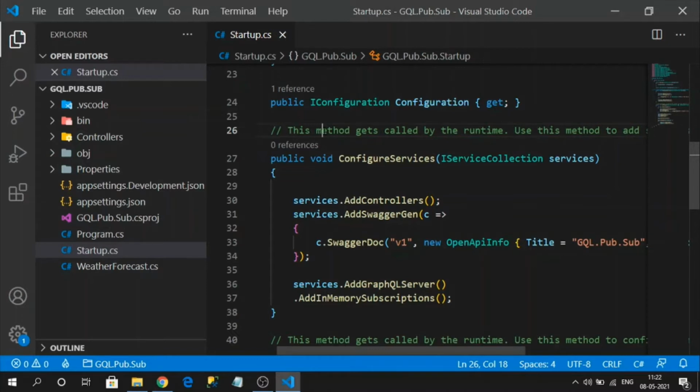So for that, first we will create a model like Product for my payload.